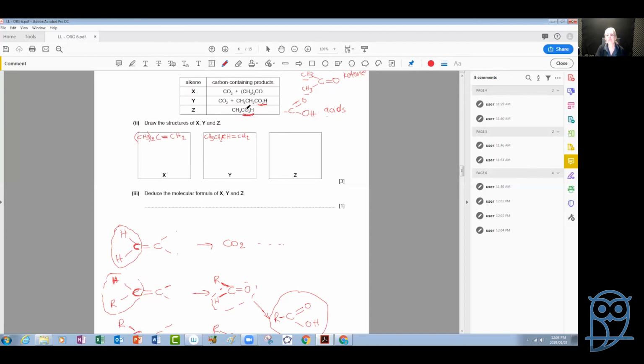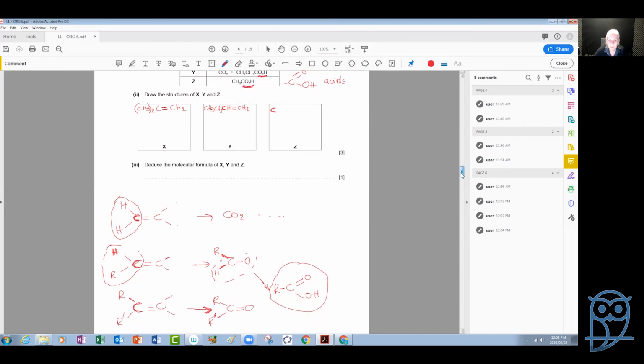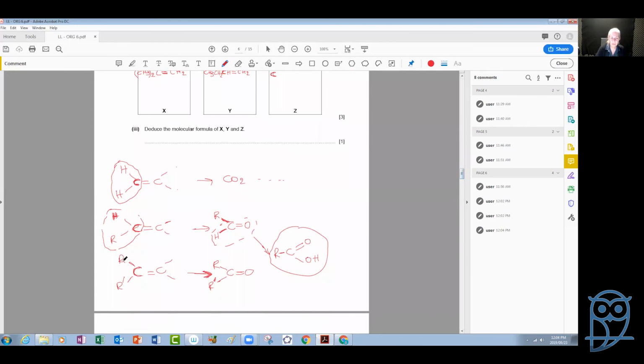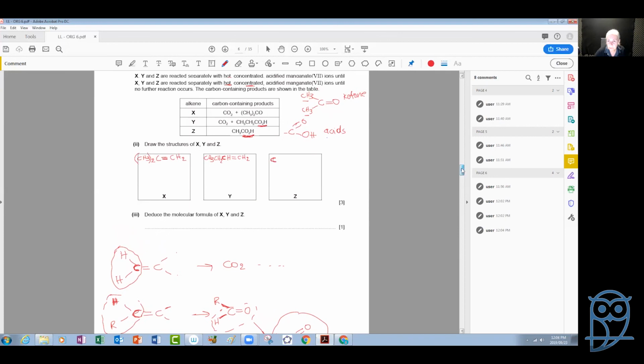And the Z compound now. In the Z compound, we have the formation of a ketone. And when we have a ketone formed, this ketone comes from the fact that the carbon is connected to two methyl groups, not two alkyl groups, whatever groups